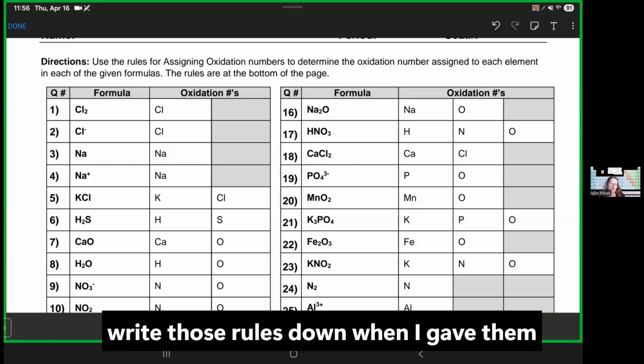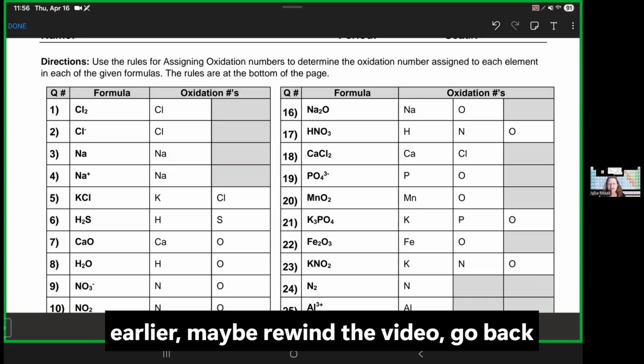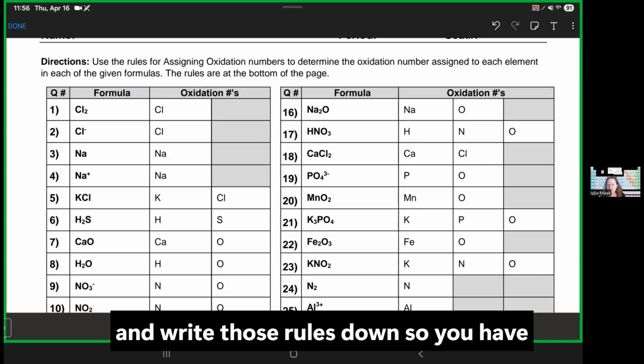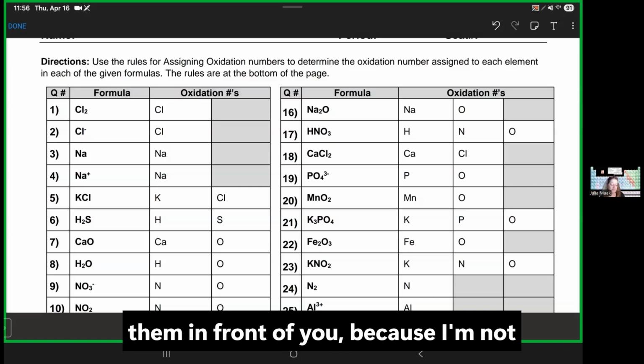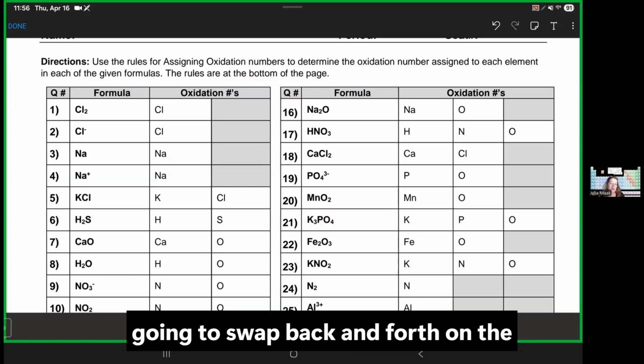So if you did not write those rules down when I gave them earlier, maybe rewind the video, go back and write those rules down so you have them in front of you, because I'm not going to swap back and forth on the screen between everyone. Okay,